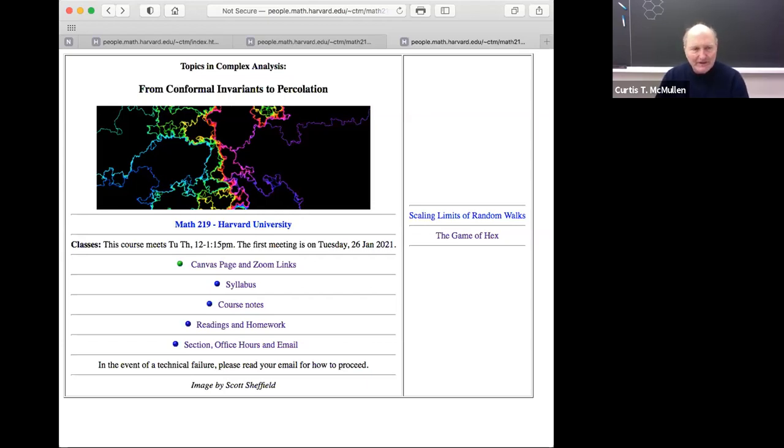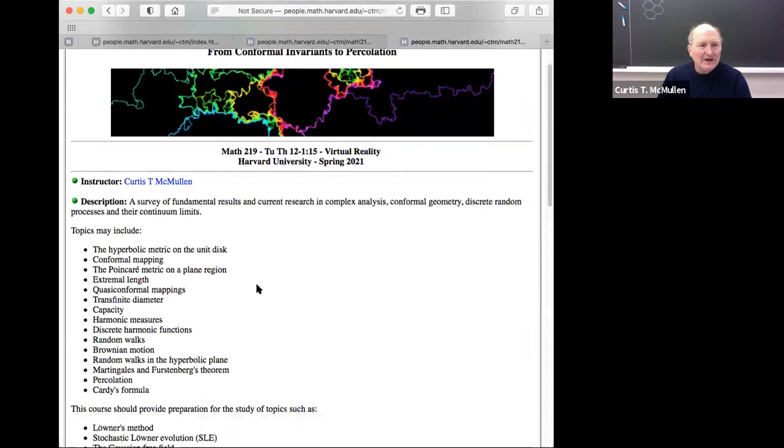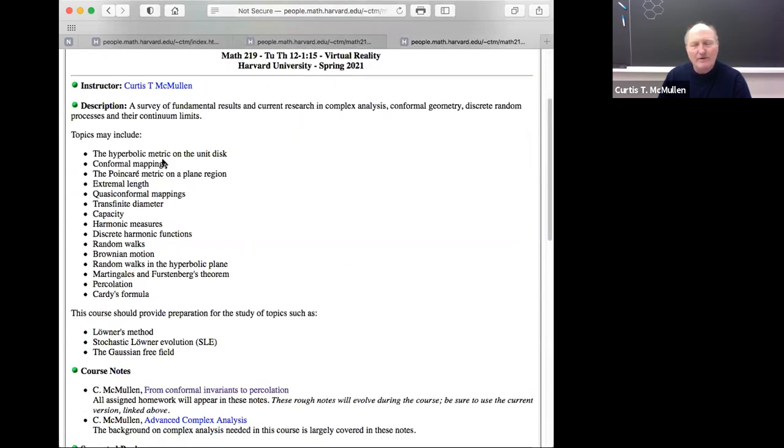The first part will be a discussion of what are called conformal invariants, which is maybe what you will learn in a third course in complex analysis. Looking at the syllabus, the topics are things like the hyperbolic metric, conformal mapping. We'll start with reviewing the Riemann mapping theorem, the Poincare metric or hyperbolic metric on regions in the plane, the method of extremal length, maybe a little bit about quasi-conformal mappings, transfinite diameter, capacity, harmonic measure. So these are fundamental